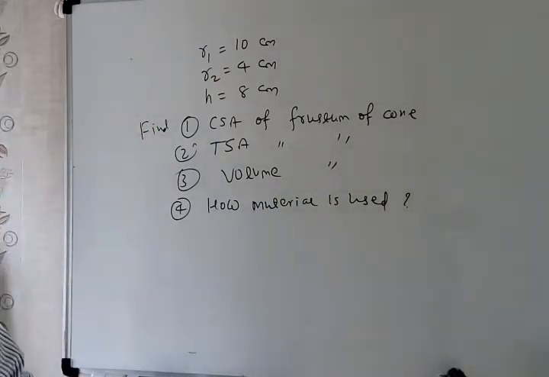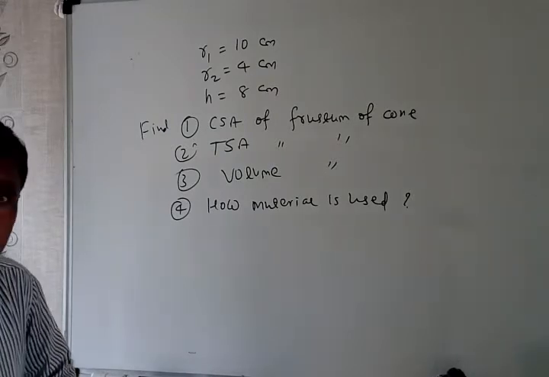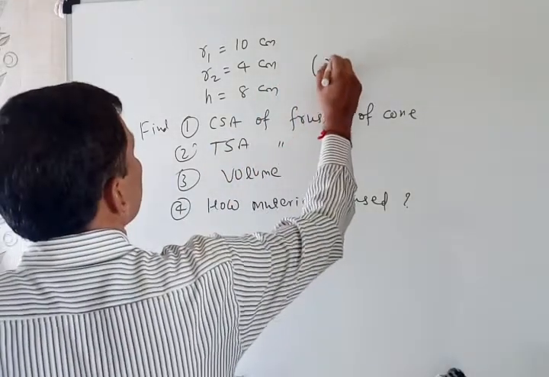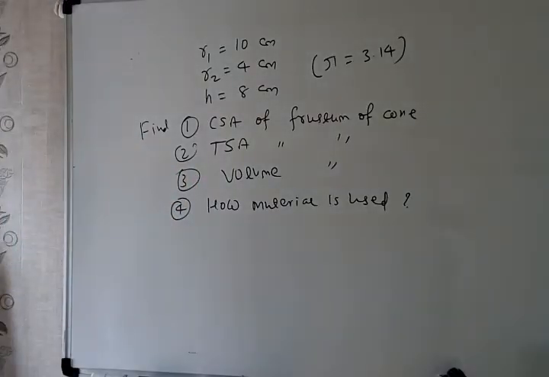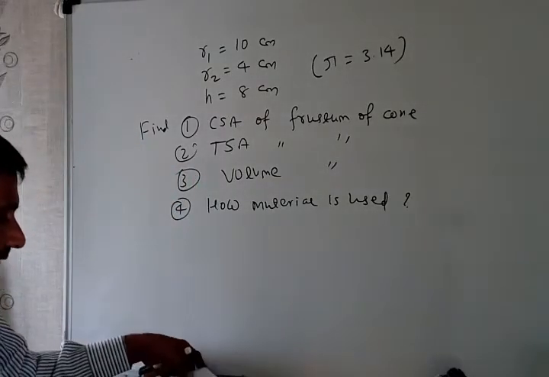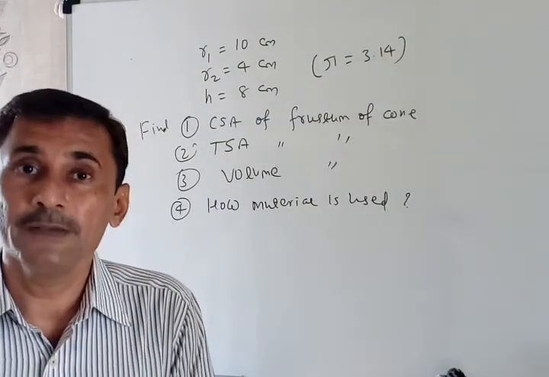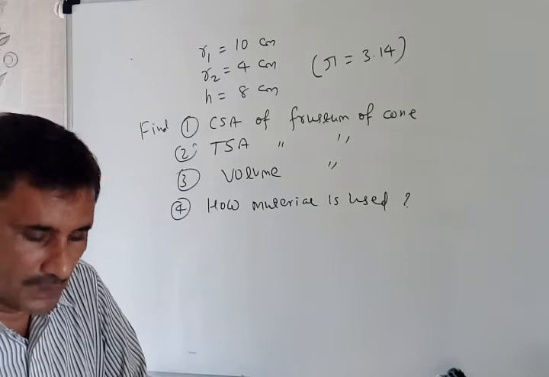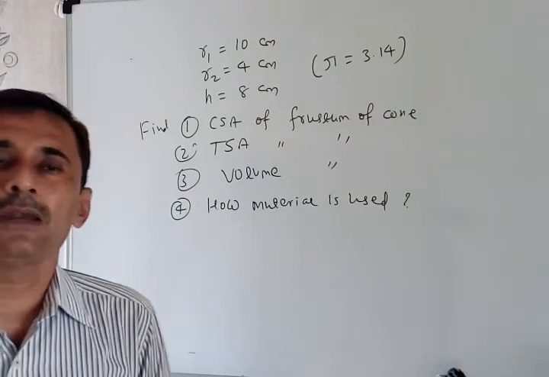So in one sum, I think all topics are covered. So find it properly. Pi is 22/7, because I am not giving pi. Sorry, I give pi as 3.14, so use that one. Okay, so you just practice this one sum, all sub-questions, and try to get the answers properly. I will give you the answers of all this in tomorrow's lecture, so that all concepts of frustum of cone can be covered.